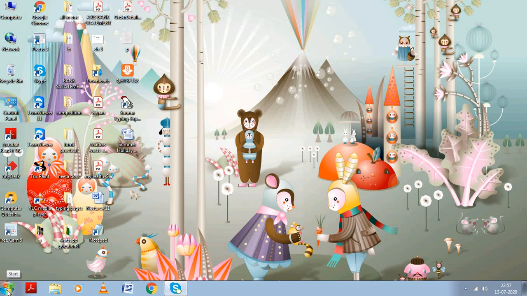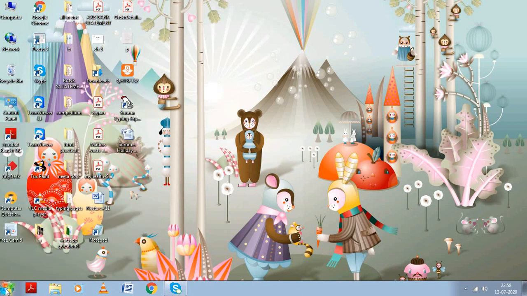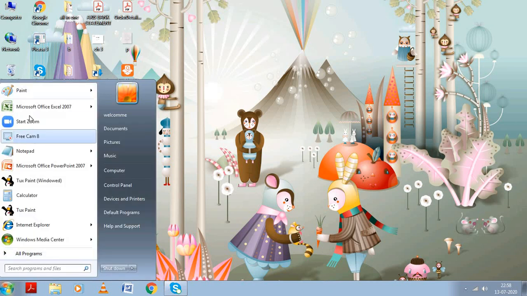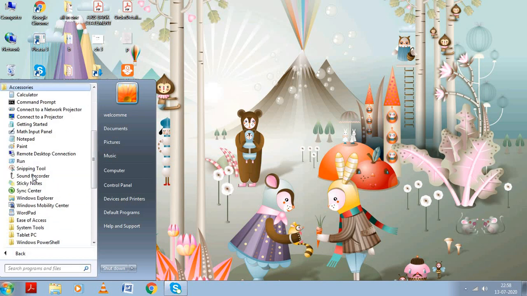For this, you should click on the Start button. This Start button is placed on the taskbar at the bottom of the desktop screen. Whenever you click on the Start button, you will find two types of lists. Click on All Programs. Here you can see Accessories. Click on Accessories.